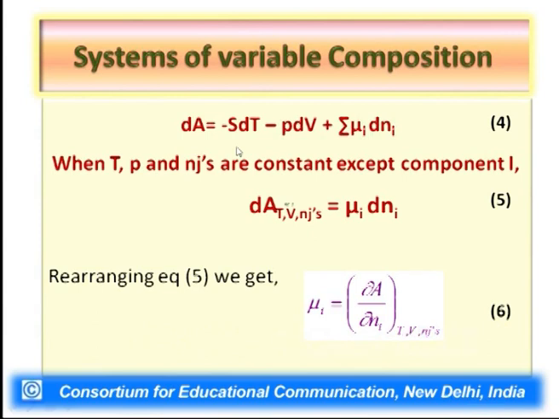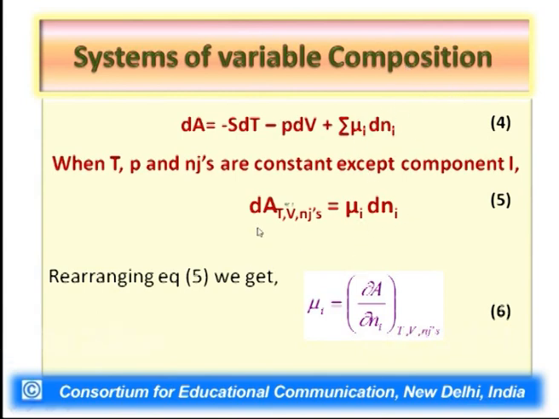except one of the chemical constituents, which we name as i constant. So, what does it mean? Temperature constant means in equation number 4, dT becomes 0. So, the minus SdT term becomes 0. When volume becomes constant, then the second term, minus PdV, also becomes 0. And now the summation, which includes a number of terms, all the terms will be 0 except one, which means mu